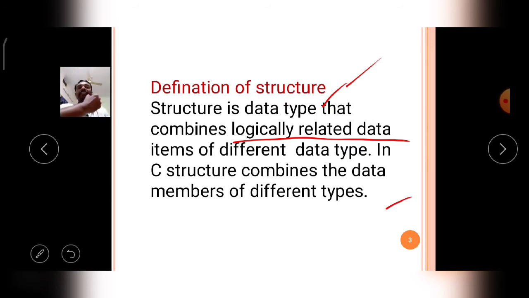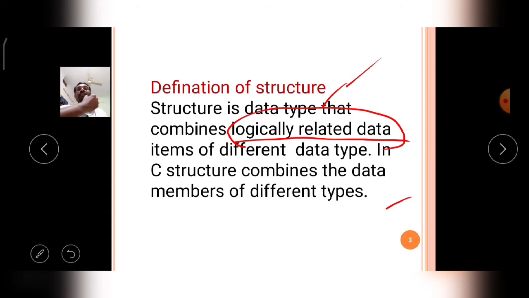Then next, that combines logically related data. This is very important. What is the meaning of logically related data? Logically related means the information about a particular item or a particular person or a particular place, whatever it may be.